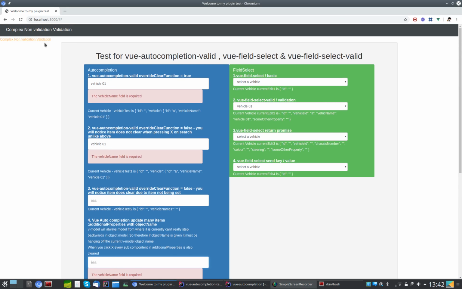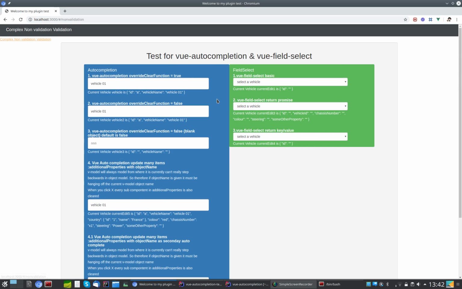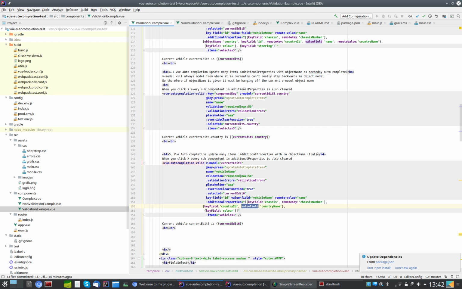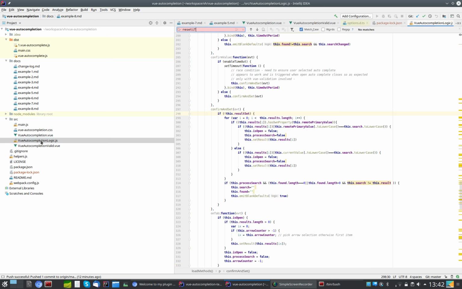And the non-validation obviously doesn't do any of that. Also, another thing to point out: by the time we've now got to 1.110, there are new elements that you can add to it which aren't needed anymore. So for example, in the logic,